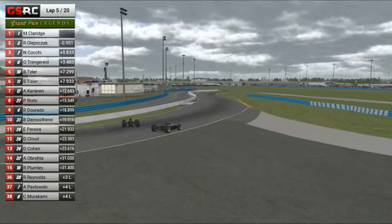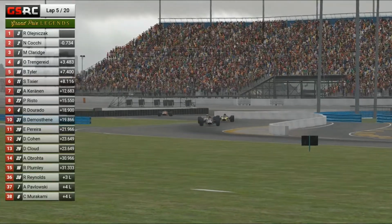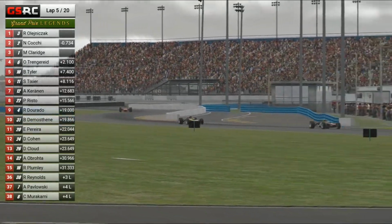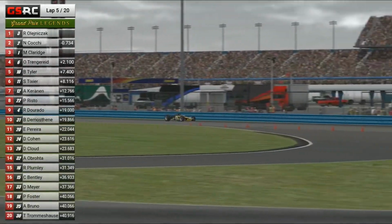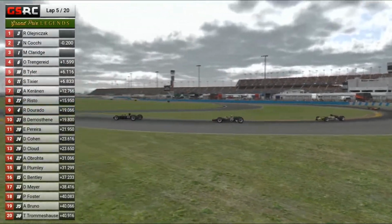Mick Pledge. No, he's not spinning. But he's most definitely going to lose 1st and also 2nd place. Nicola Cochi says, thank you very much. I'm going to pass. Whew, I bet that woke my cup in a hurry anyway. That was a...